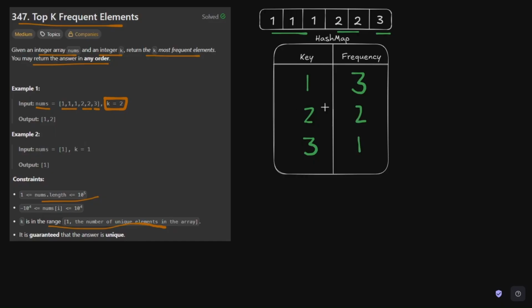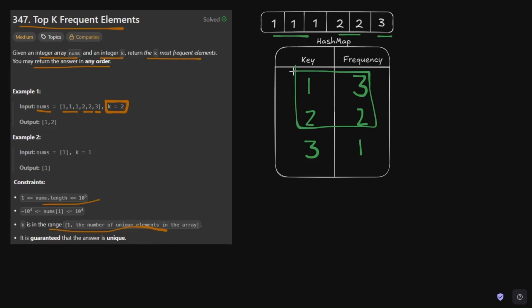Once we build this frequency map, we can simply sort the entries by their frequency in descending order and pick the top k elements, in this case the top 2 elements. Now this approach works fine, but it's not very efficient because sorting an entire map takes O(n log n) time complexity, and that's unnecessary because we don't actually need to sort all the elements, we just need the top